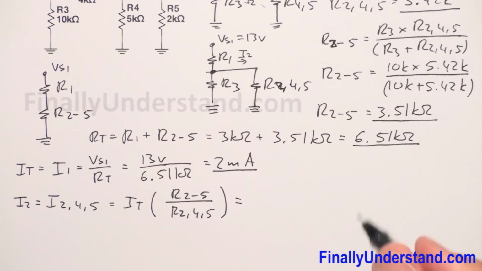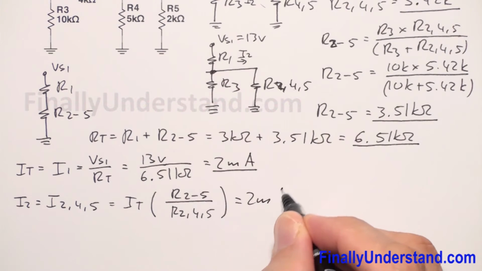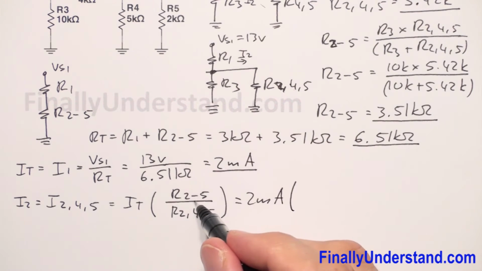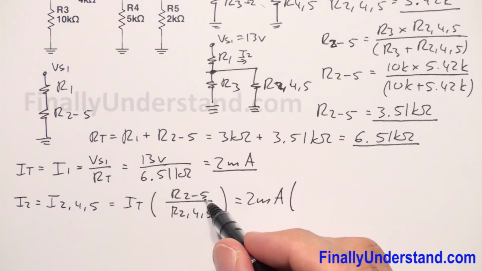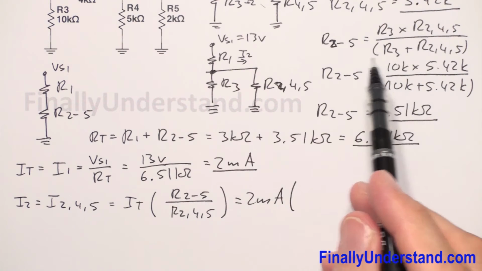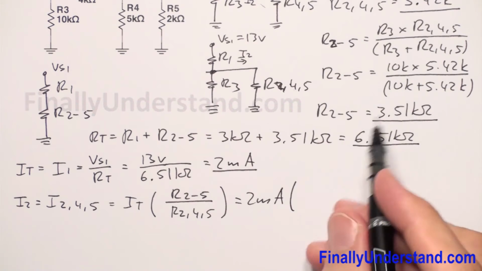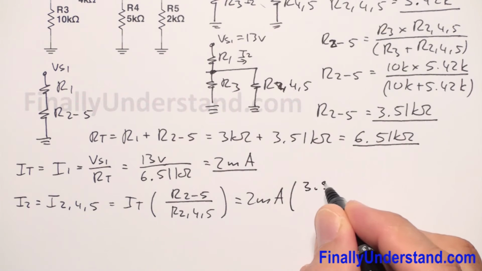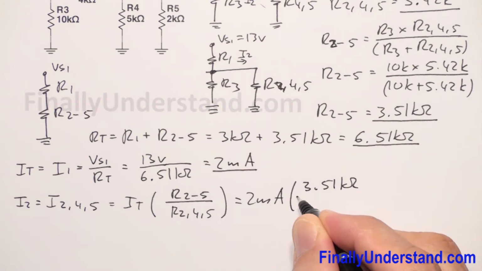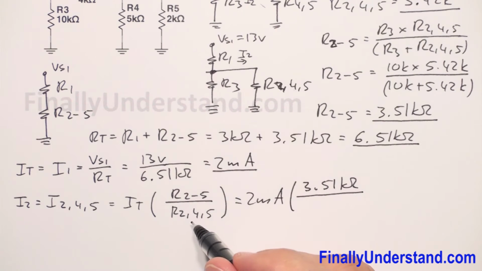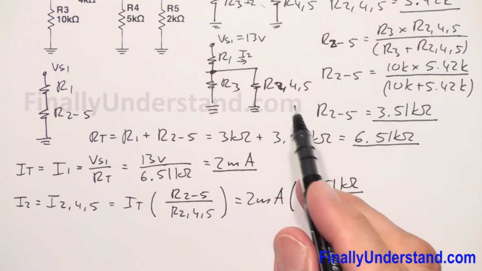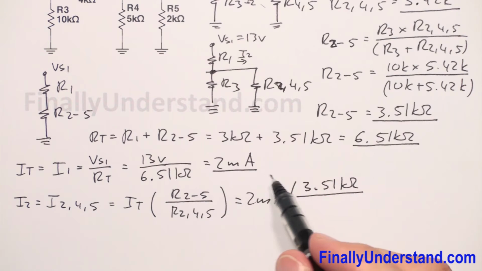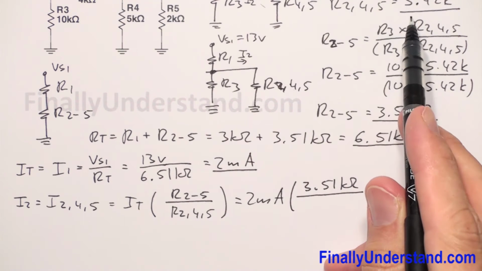Okay, so this is I total, 2 milliamps, times R2-5 over R2-4-5. R2-5 is equal to 3.51 kilo ohms over R2-4-5, and R2-4-5 is equal to